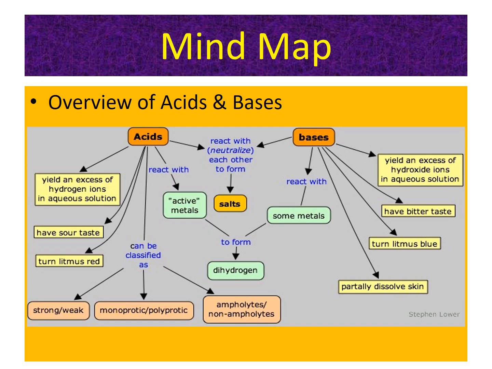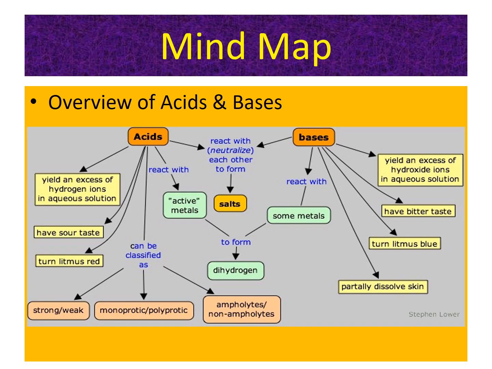Here are some mind maps to summarize whatever we have studied till now. Acids yield hydrogen ions in the aqueous solution, have sour taste, turn blue litmus red. They can be strong or weak, which we will be discussing later. They react with the metals, that we will be studying in the chemical properties.